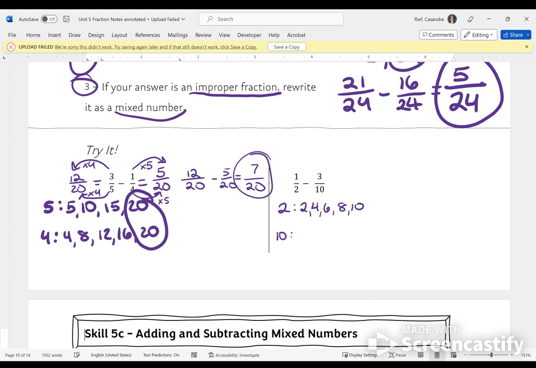Aha, there is an easier one. I can multiply 2 times 5 to get 10. That is their shared multiple. That's the lowest. So I'm going to rewrite my fractions. My 3/10 doesn't need to be rewritten. It's already written as tenths. It's just the 1/2 I need to rewrite as tenths. 2 times 5 is 10. So I'll multiply my numerator times 5 and get 5. So my new